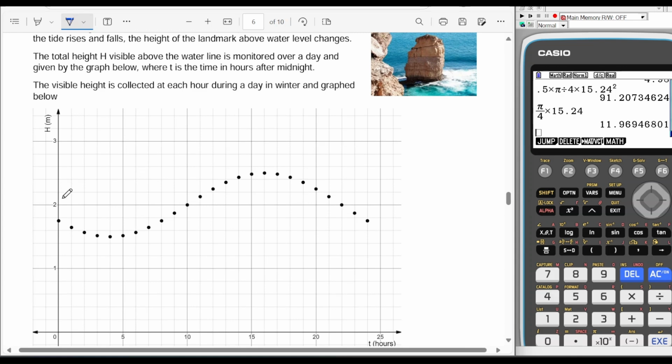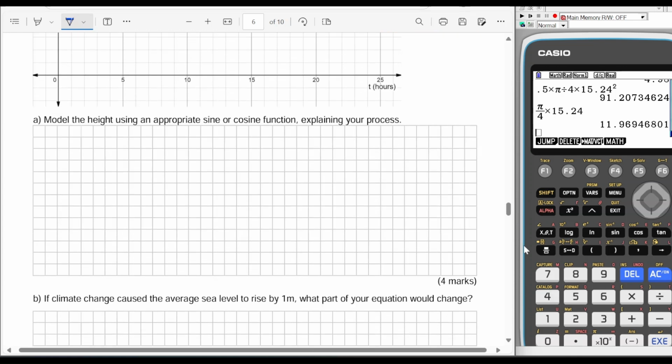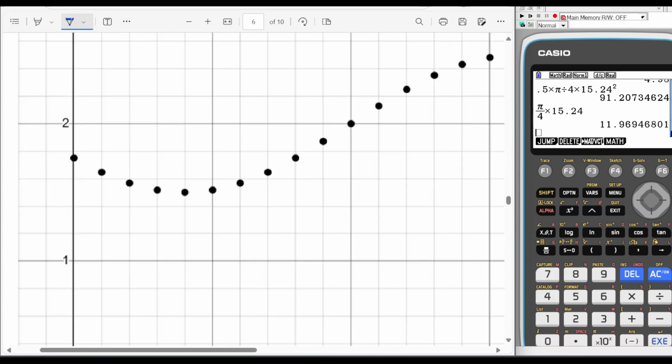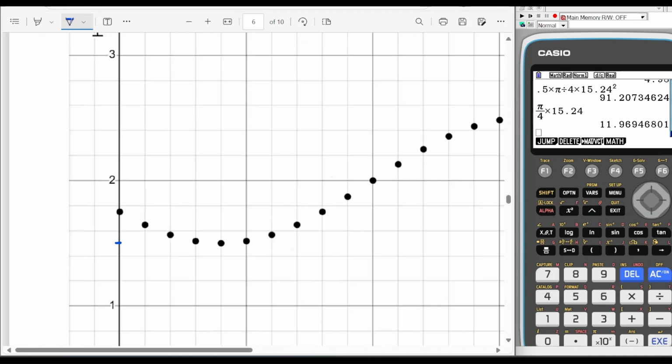All right, pictured alongside is a landmark. So the total height is given by that graph there. We're going to model it using a trig function. So usually the easiest way is to start with the d value. So if you want, you can have a formula for this. It's the average of the max and the min heights. So it looks like the minimum height is 1.5 and the maximum height seems to go up